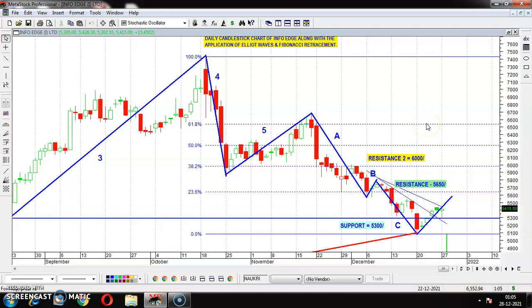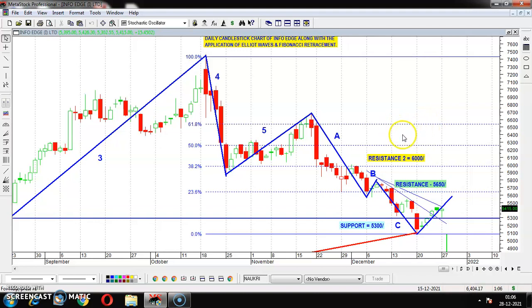For that, you have to wait for a minimum of 15 days to 1 month, right? So if anybody picks this stock from this level and can hold it for 15 days to 1 month, there is a possibility of a very good return. I am explaining this based on the cash segment. If anybody would like to go for futures, they can go for futures. If anybody is interested in options, they can also go for options based on these technical parameters.